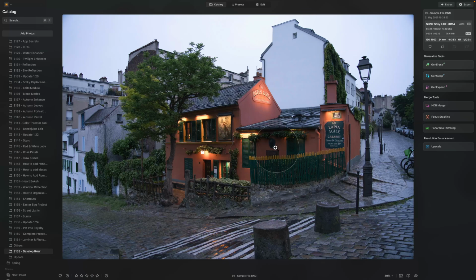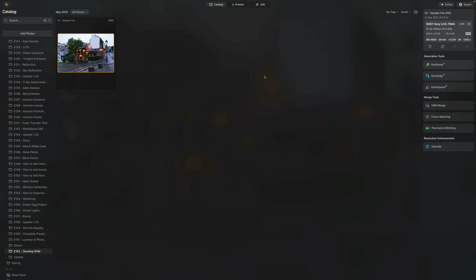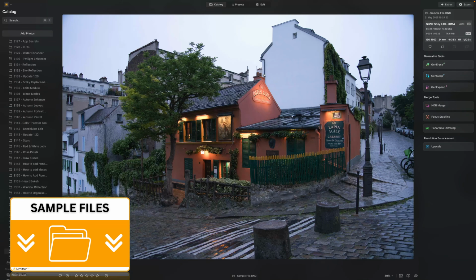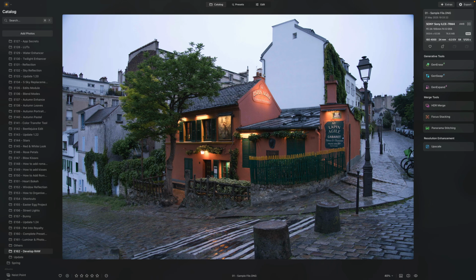And into the Luminar NEO we go, where as usual, we are starting in the catalog module. Now, we have this raw file here, and if you want to follow along and use the same image, just jump into the description of this video, follow the link there, download the sample file, import it into Luminar NEO, and let's start. With this image, I captured this in Montmartre in Paris. It's this beautiful cafe/restaurant, and I thought it would work really well for our tutorial about the Develop